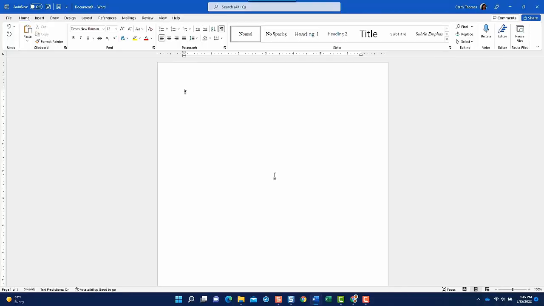The first thing I want to talk about is if I were to choose Save As. But first of all, before I get started, know that I have a document on the screen. So we do have something to save, even though there's no text written in this document. So let me just write something real quick. Testing 1, 2, 3, and hit the Enter key, right? So now I'm going to choose File,